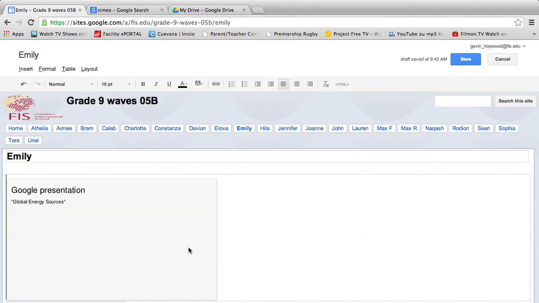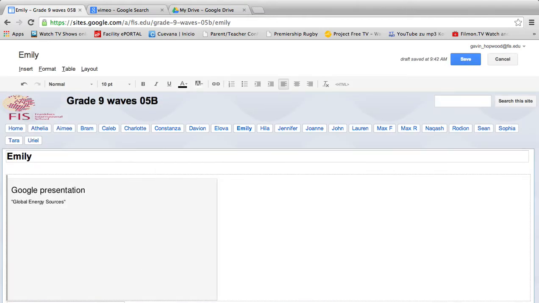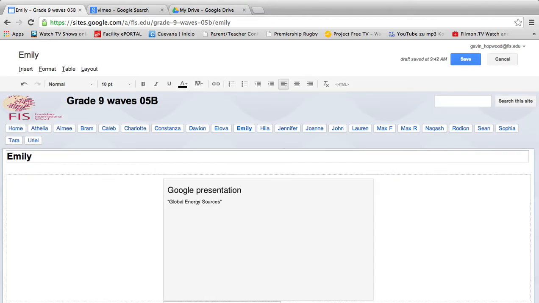Now if I click save, what you'll notice is that you get this box called the Google presentation box, and you'll also see that you get these tools underneath as well. The properties tool will take you back to where we were before, and you can change things if you don't like how they look. However, I always like to align things into the center, so I'm now going to click the center button, and if I then go back and click save,